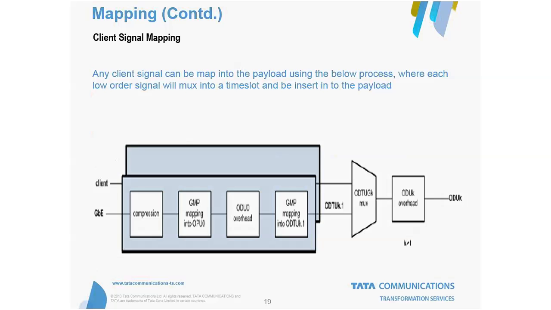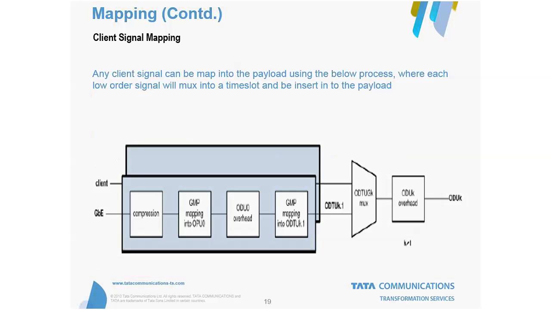Okay, client signal mapping. Client signal could be anything. For example, we are taking a gigabit Ethernet signal. When it comes, it gets compressed, and we use this thing called generic mapping procedure so that we map that, and that becomes an OTU standard. Starts from here: OPU 0, and then you add these ODU overheads, and again generic mapping procedure, so that it can get fit into